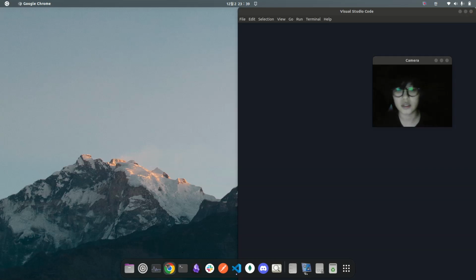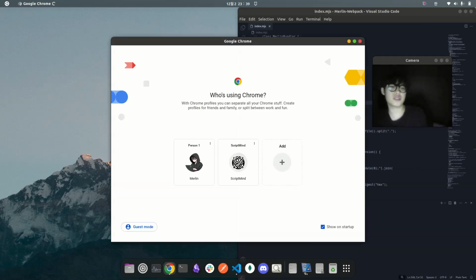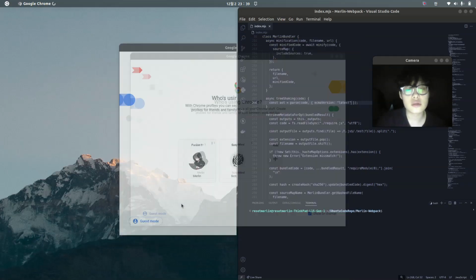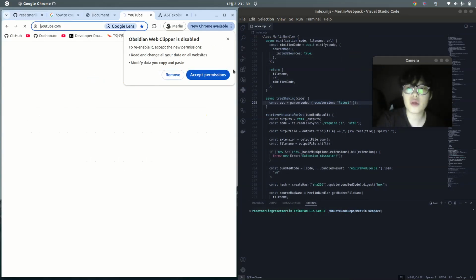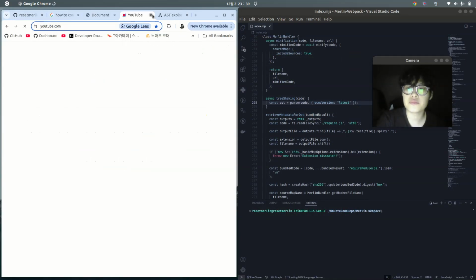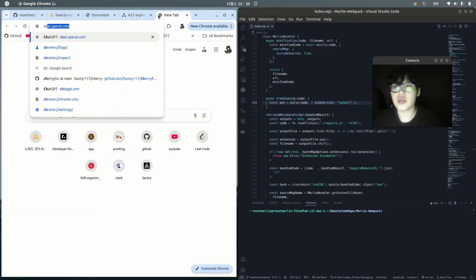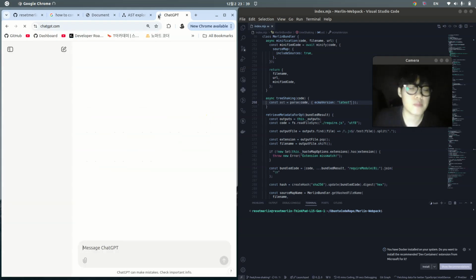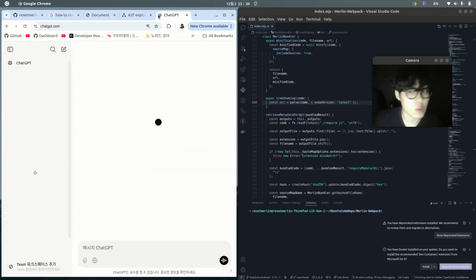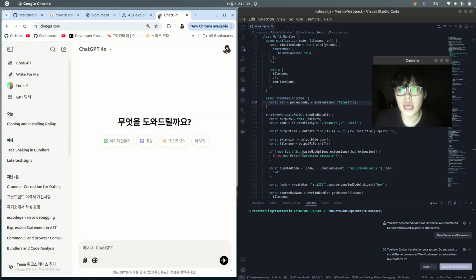Today I'm gonna talk about what I learned today. Sure, I didn't learn something that new. But the thing is, what I learned was how tree shaking works. So I tried to implement tree shaking via Acorn and Acorn walk, and the thing is